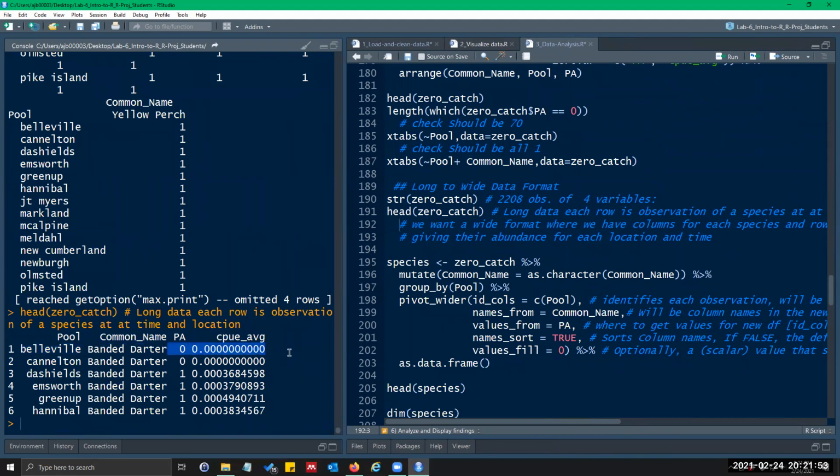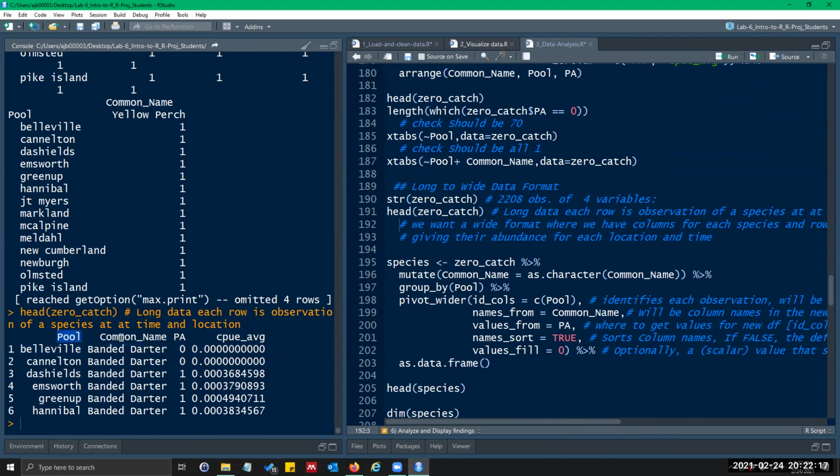But in wide format, each row, instead of being a single observation, would be a pool. So we're going to have fewer rows. We're going to have 18 pools, so 18 rows. And then each column is going to be a common name. So we're going to have 70 columns, well, plus 1 for pool.